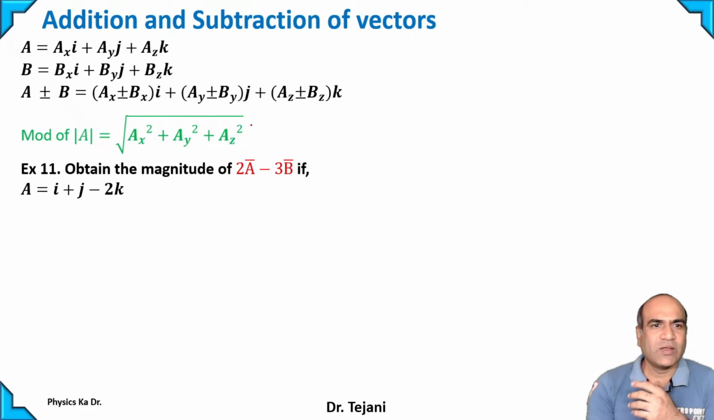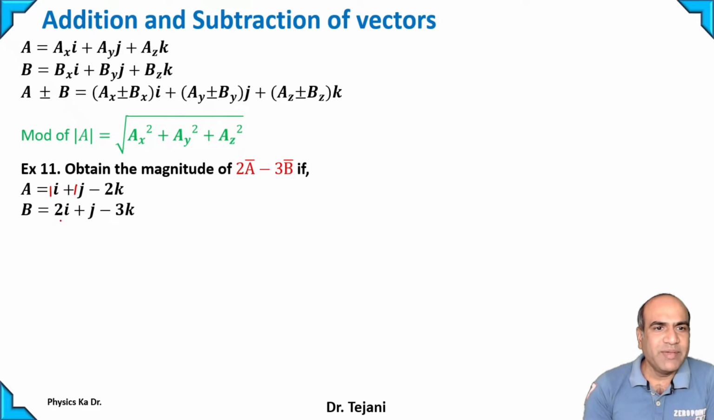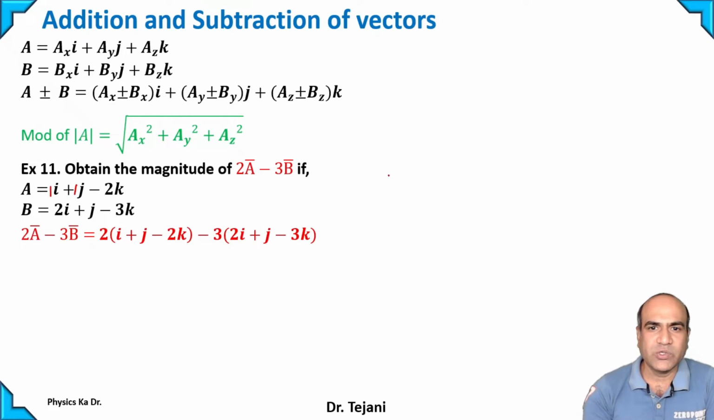Let's have an example. Obtain the magnitude of 2a bar minus 3b bar if a is equal to i plus j minus 2k. That means it is 1i and 1j. And b is equal to 2i plus j minus 3k. So what should be our 2a minus 3b? So here 2a, that means 2 multiplied by a, i plus j minus 2k, that we put here,